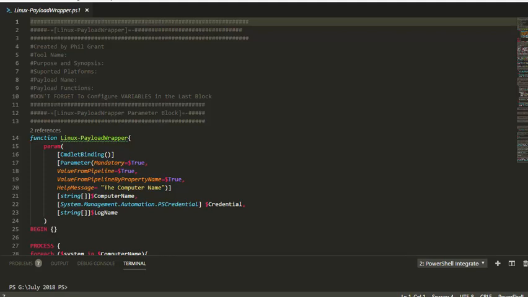This is my Linux payload wrapper, and typically I want all my systems, especially my management machine, to have Windows Management Framework 5.1. Or if you're on Windows 10 or Server 2016, it doesn't matter. It's really nice because you get all those commandlets. So this is built off of that, and there's a really nice module that I want to discuss today called